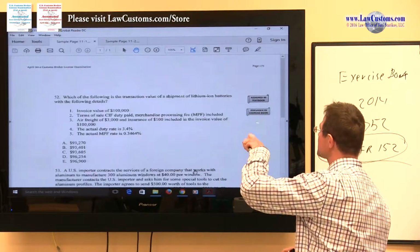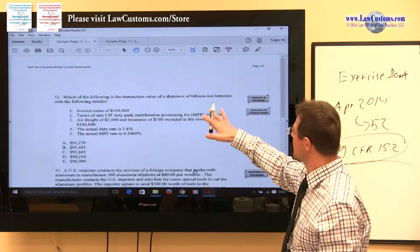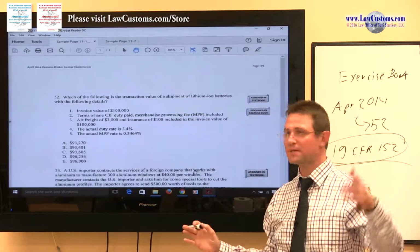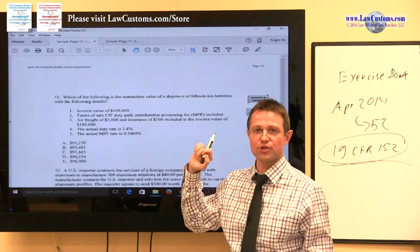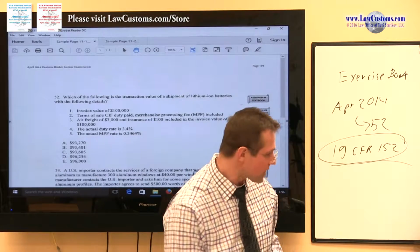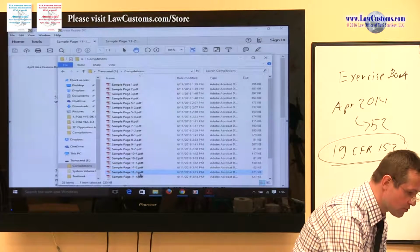So this label is designed to alert you that, look, if you have an exercise book handy, then you can refer to this, which will deconstruct the reasoning behind this valuation question and will get you to the right answer. So by way of example, let's see how you do this. So you would